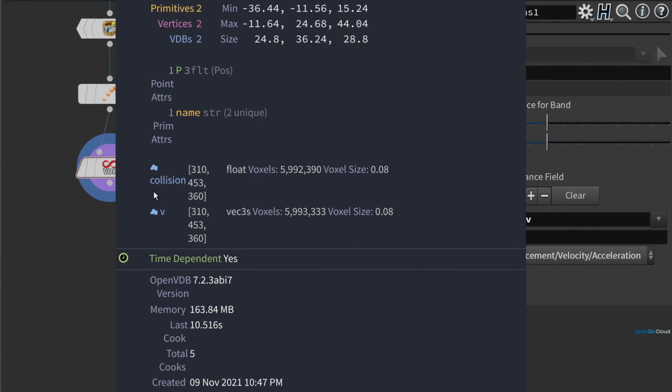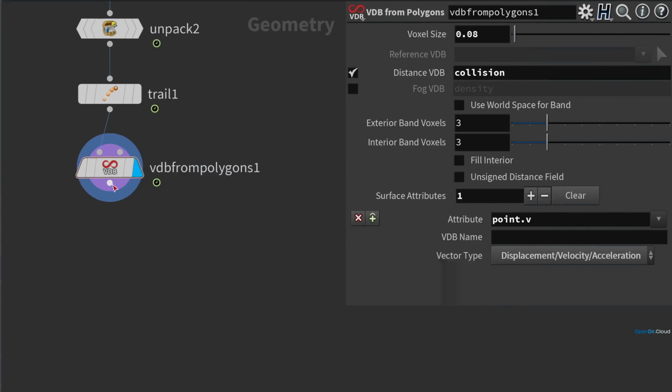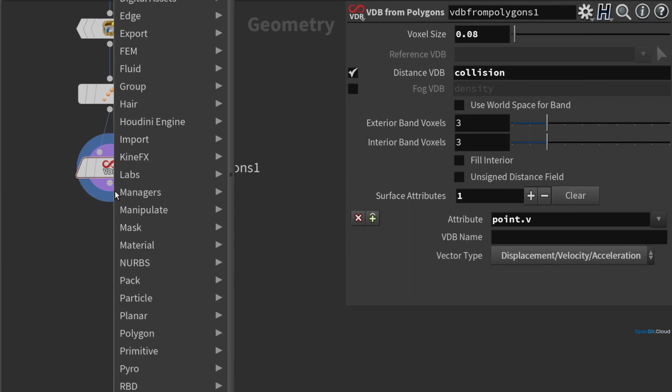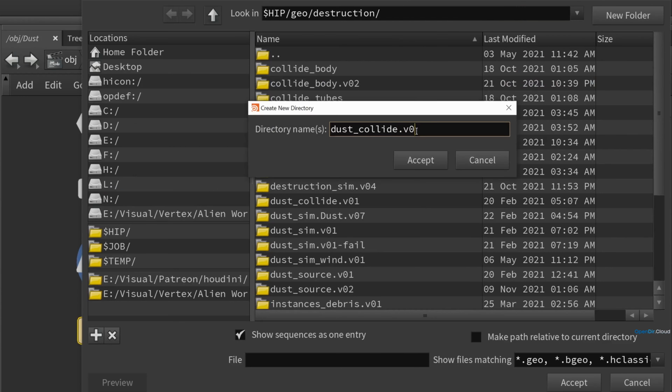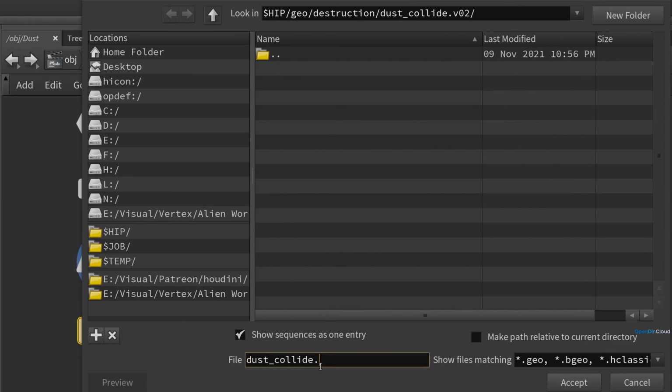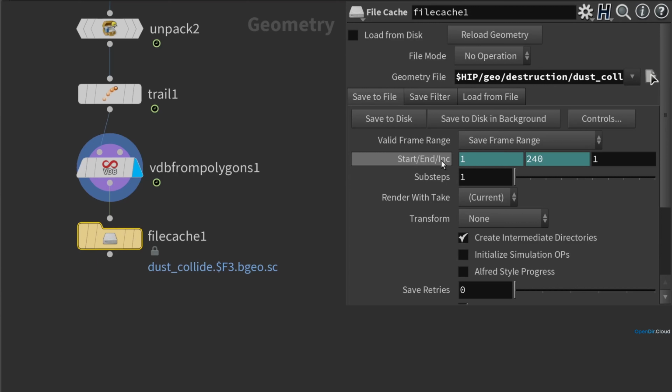And after making sure this is set correctly, we can go ahead and cache this out to disk. These collision volumes are a little bit slow to generate from all of that animated high-res geometry, so I definitely would suggest caching out this collider object and not just letting this be passed straight into the solver without being cached first. So let's drop in a file cache. Under the destruction directory, create a new dust collide directory and call this dustcollide.f3.bgo.sc. And you can run this across the entire frame range from 1 to 240, but because we're calculating velocity,